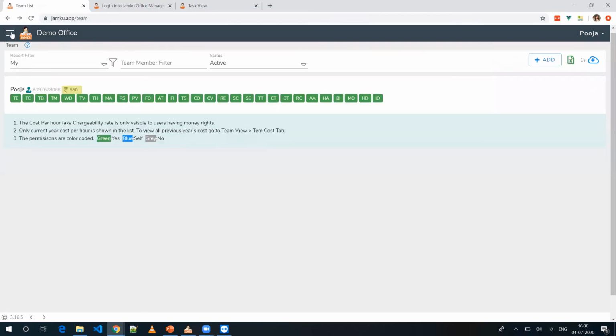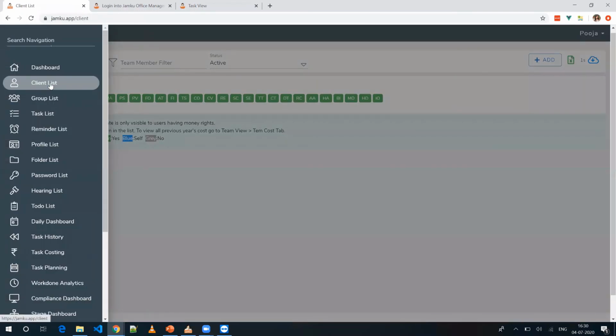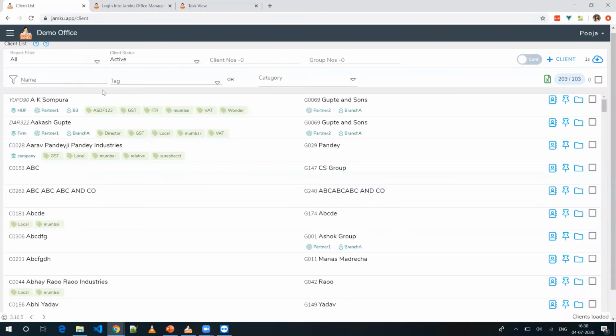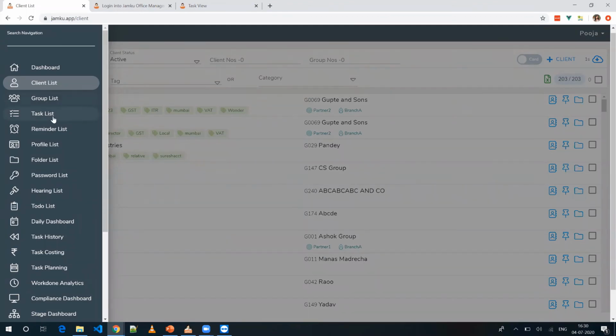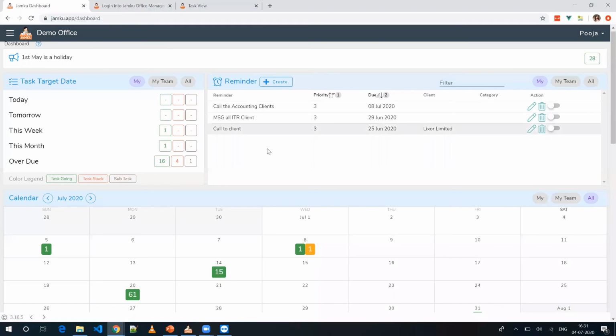Then we went to the client page to understand everything about client management, that is how to create and how to update clients. Then we saw the task management part: how to create a task, how to update a task, how to look at your pending work, and how to filter that page. Lastly, we discussed the dashboard, what all things you see in a dashboard, and how to mark your attendance.